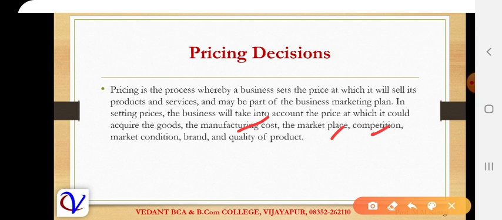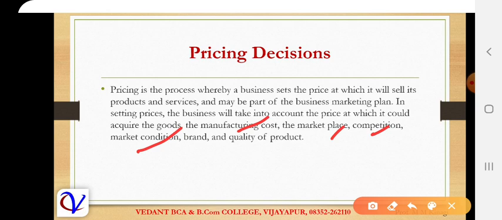You know that we used to say in the class that customers always expect cheap and the best. If you keep the lesser price, then definitely customers will be attracted towards your product. So we need to understand what the competition is for our product. Then based on that, we need to fix the price.